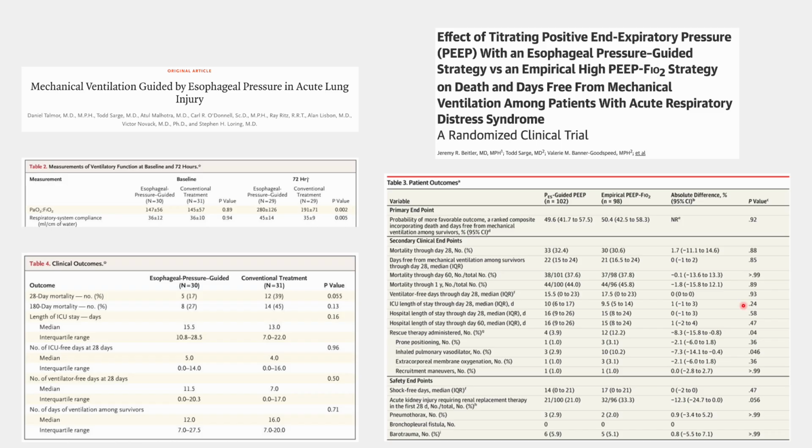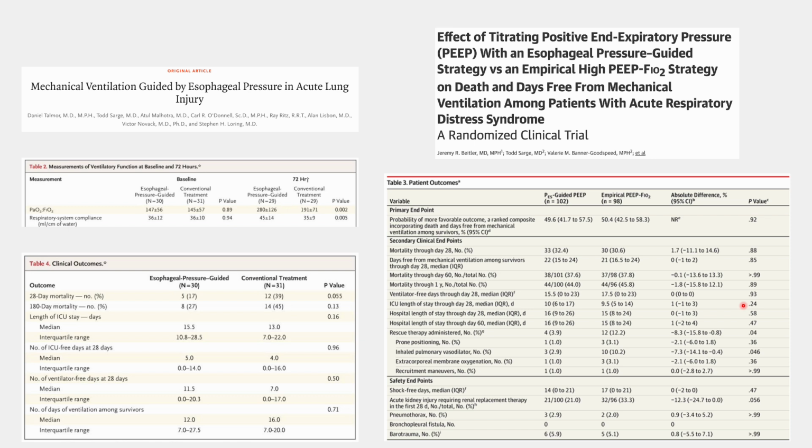From an evidence-based standpoint, the two EP-VEN studies did not show definite clinical benefit of esophageal pressure-guided PEEP titration. The first publication by Daniel Talmor in NEJM 2008 looked at 61 patients with ARDS undergoing PEEP titration based on the lower PEEP FiO2 table versus esophageal pressure-guided titration. While the study suggested improved PF ratios and improvement in the respiratory system compliance, it was not adequately powered to